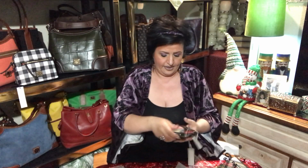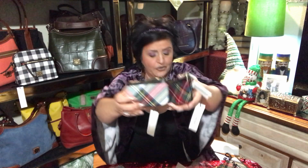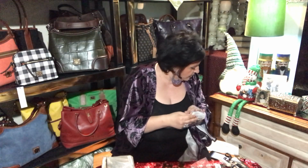And I think they're probably all going to have a different kind of a print. It's probably like that where you get what you get. Beautiful. Okay. So this is the black. One of these is black. This one. Then I also ordered